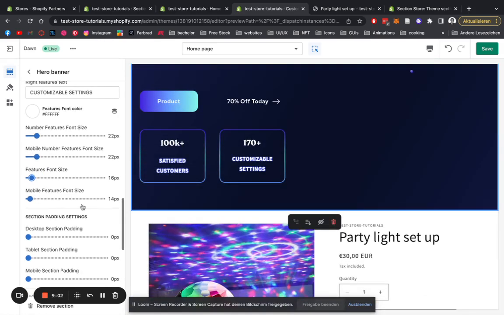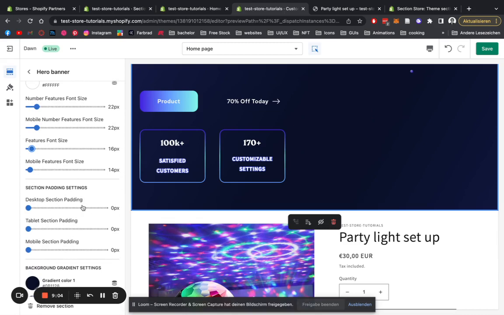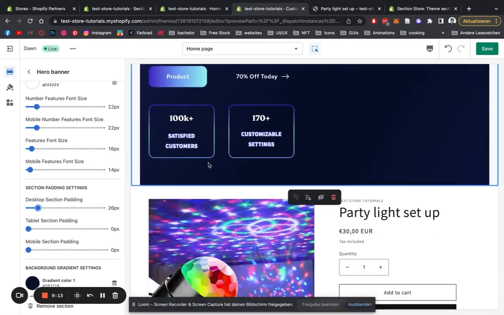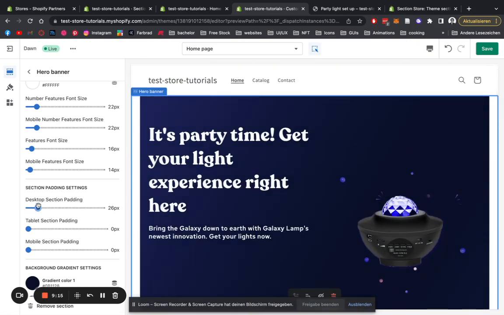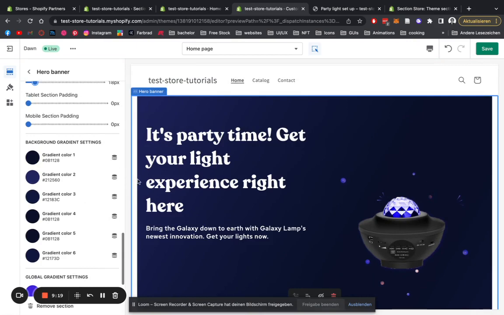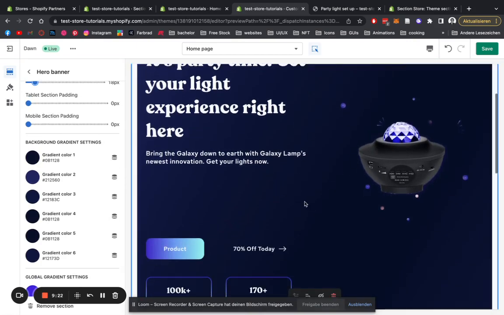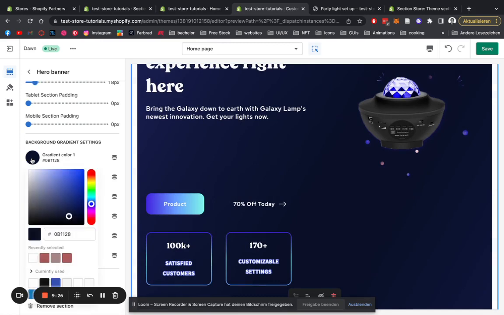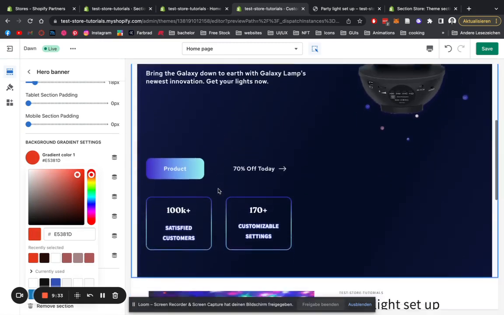Have that done. Sweet. And there we can also change the padding of that whole thing. So we have a little bit more space underneath and on top of it. Let's just leave it here for now. And what is also possible is to change the gradient of the whole background of the section itself. So I'm just going to give you a little extreme example right here. If we would switch that to red, we would simply see in a second